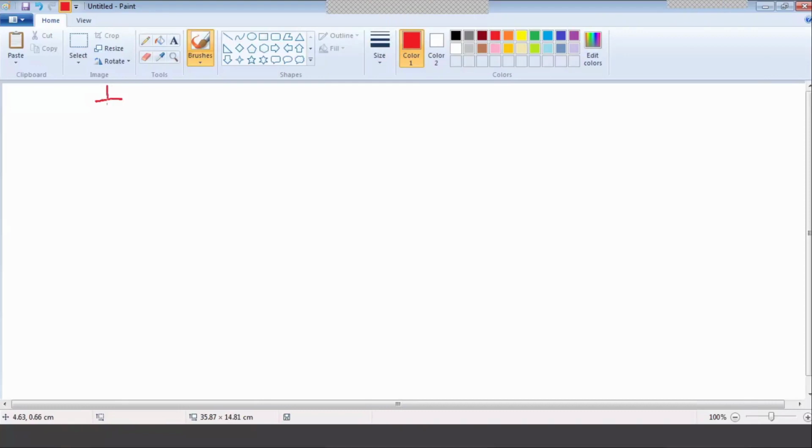Then for earthing, this is the symbol for earthing. So the earthing symbol is like this. Suppose you are having one circuit, you are drawing one circuit like this.